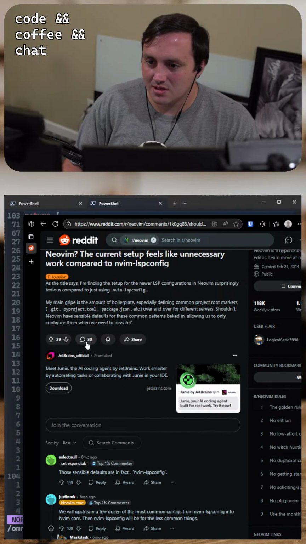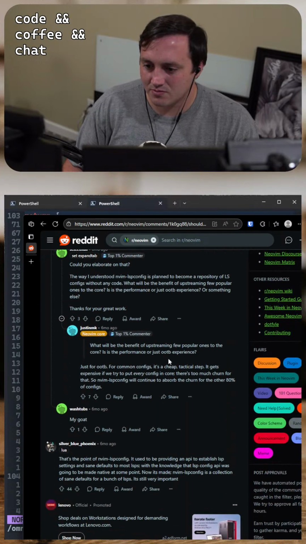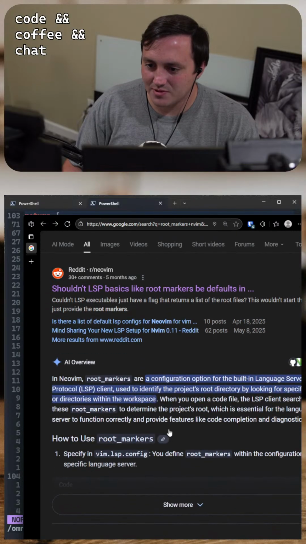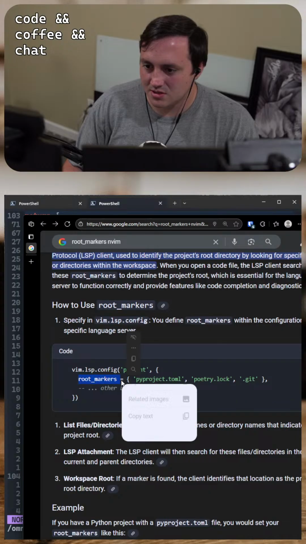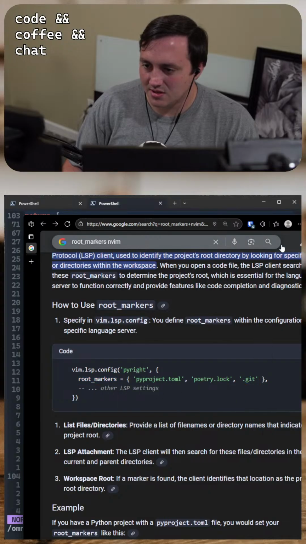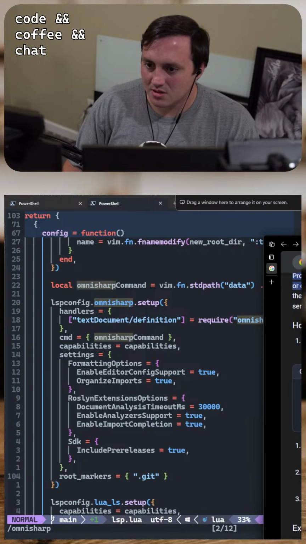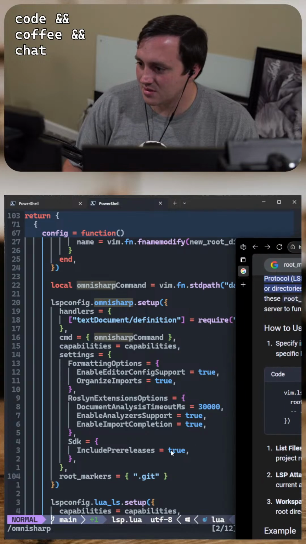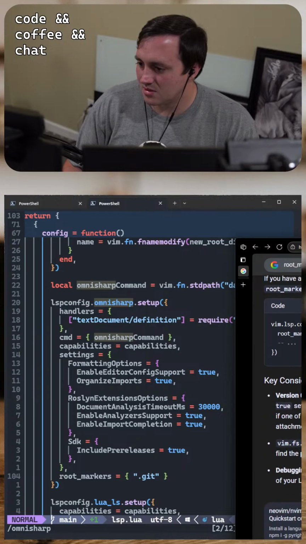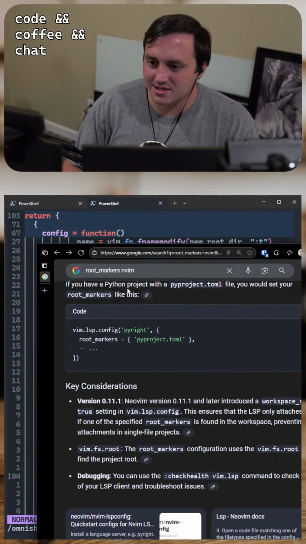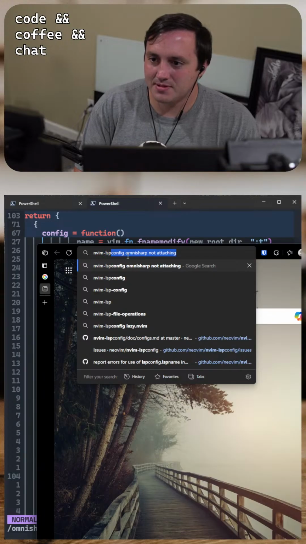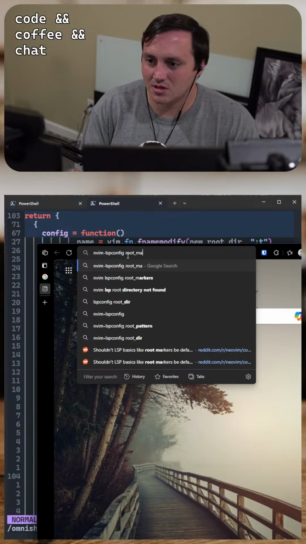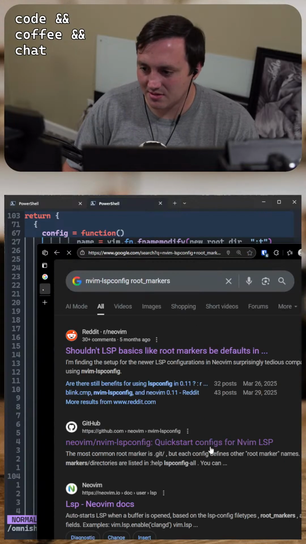Let's see. I've never messed with this before. Root markers. Do I have that in the right place? Oh, that's not the right API. NVim LSP config root markers. Let's see. Is that something?